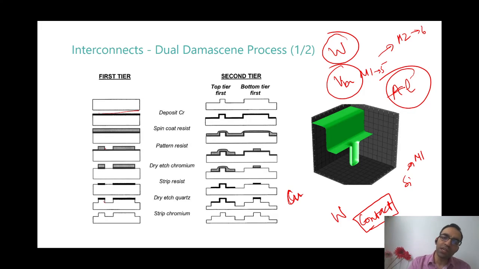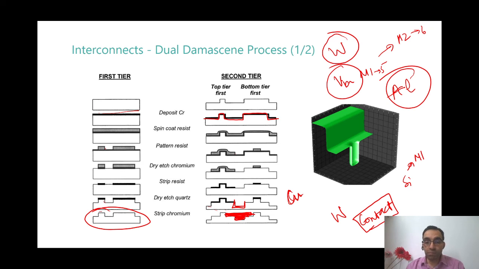With copper, what you could do was you could make 2 tiers of etching. So you see, here you did the first tier of etching, and then you deposited the resist on it again, and you made another exposure. And after that exposure, you got the second level of etching done. So now when you deposit copper over here, you will make a via and also the metal in one step. So this saves cost. This is called the dual damascene process, which was enabled by copper.